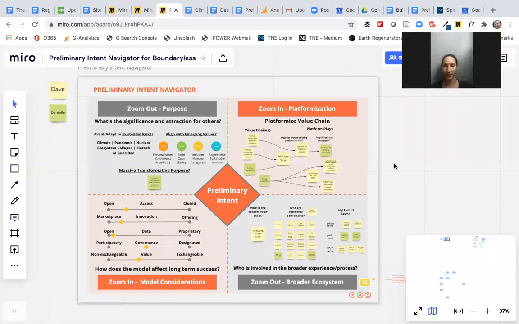Yeah. Okay, hey everybody from Boundaryless, it's Dave and Danielle. We wanted to walk you through the Preliminary Intent Navigator tool that we've been prototyping and working on.